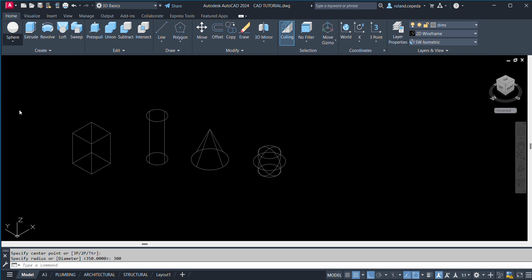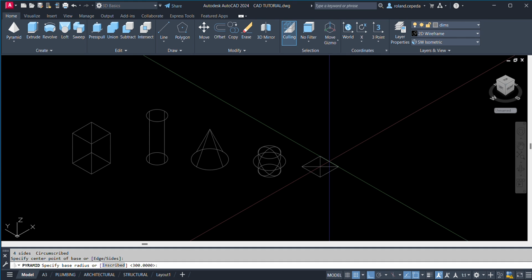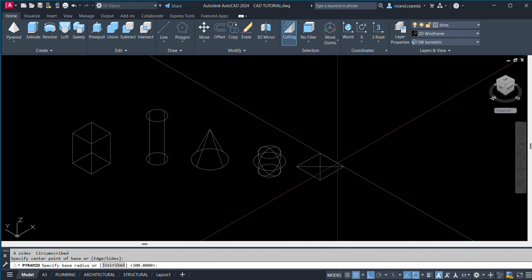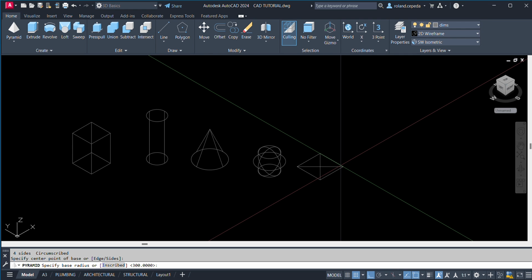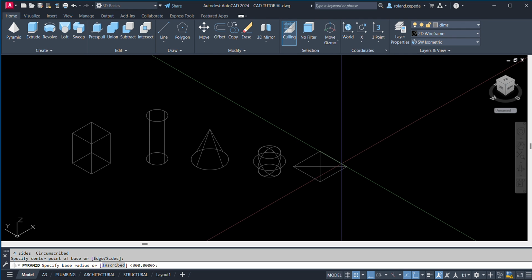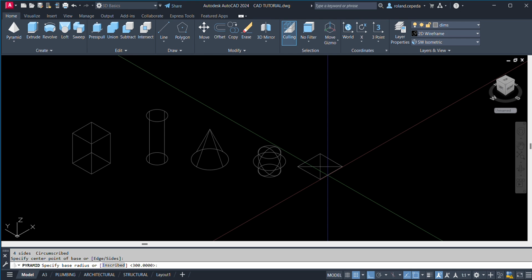Let us select also the pyramid. Select center point and then you have there specify base radius or inscribe. I'll just input the base radius as 500.